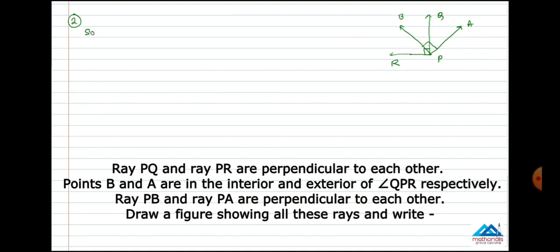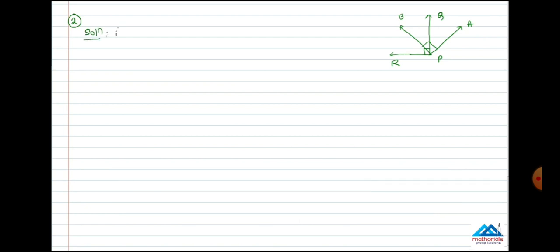In this question number two, 3 sub questions are there. First, a pair of complementary angles. Complementary angle means the sum of the two angles equals 90 degrees. Supplementary means 180 and complementary means 90 degrees. So in our figure, two angles are there, RPB and PBA. These two angles have 90 degrees, and within these two angles there are small angles RPB, PBQ, QPA. So we will start our solution.